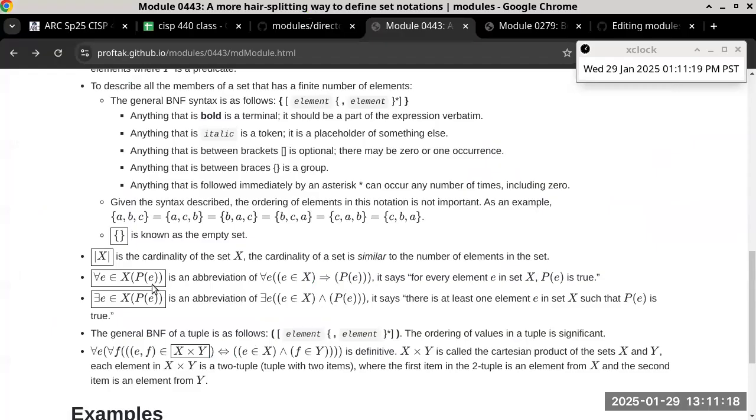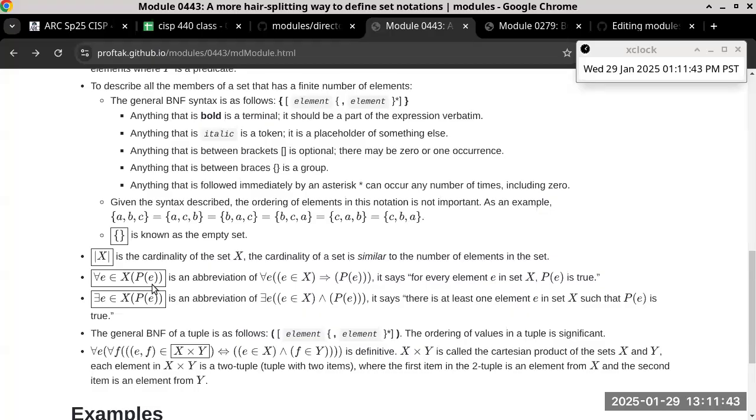All right, so the next one is easy. This is just a notational kind of thing. A lot of times, instead of writing this, which is kind of long and clumsy, we just use this notation here. We just say for each element E in set X, P of E has to be true, which is just a notational thing, because otherwise we're going to have to go through the longer definition,